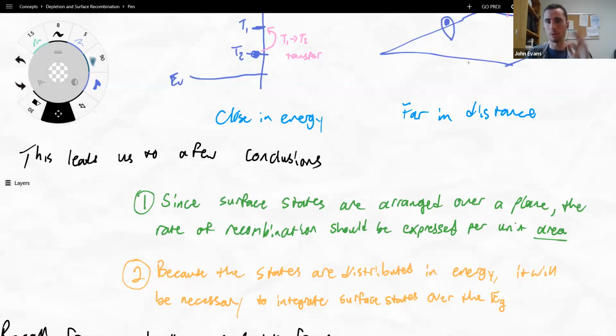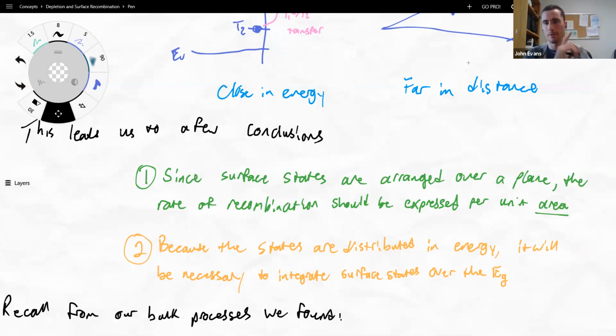So a couple of conclusions here. The surface states are arranged over a plane, right? They're arranged in space. Specifically, they're arranged over an area because we're only looking at a surface. And so instead of the recombination rate being expressed per unit volume, as we did in the bulk, the rate of recombination here is expressed per unit area. So typically centimeters squared. Also, because the states are distributed in energy all throughout that band, if we're going to get the full rate of recombination,